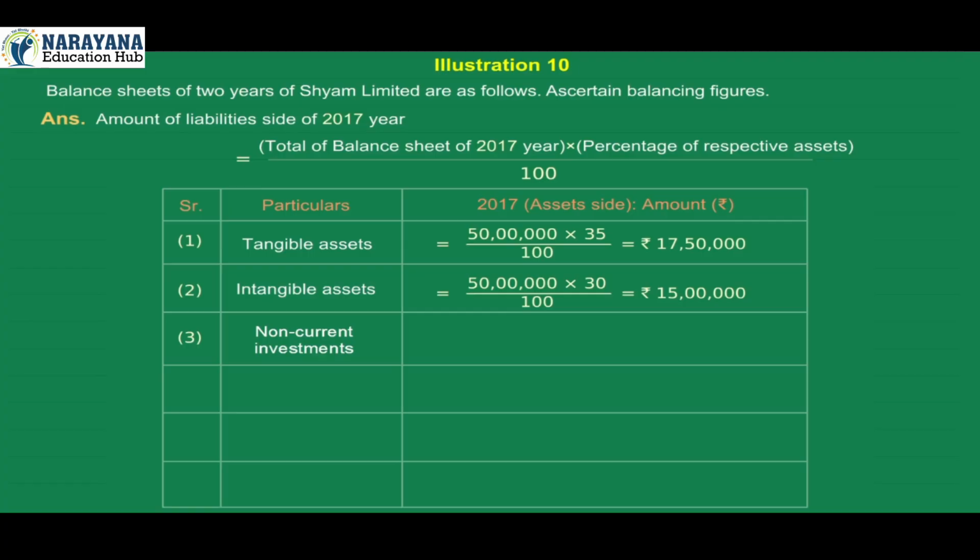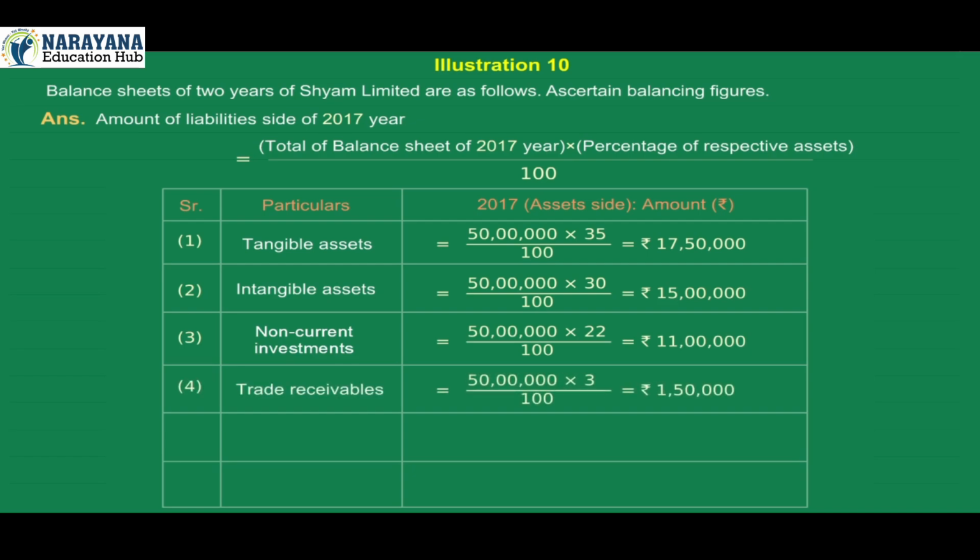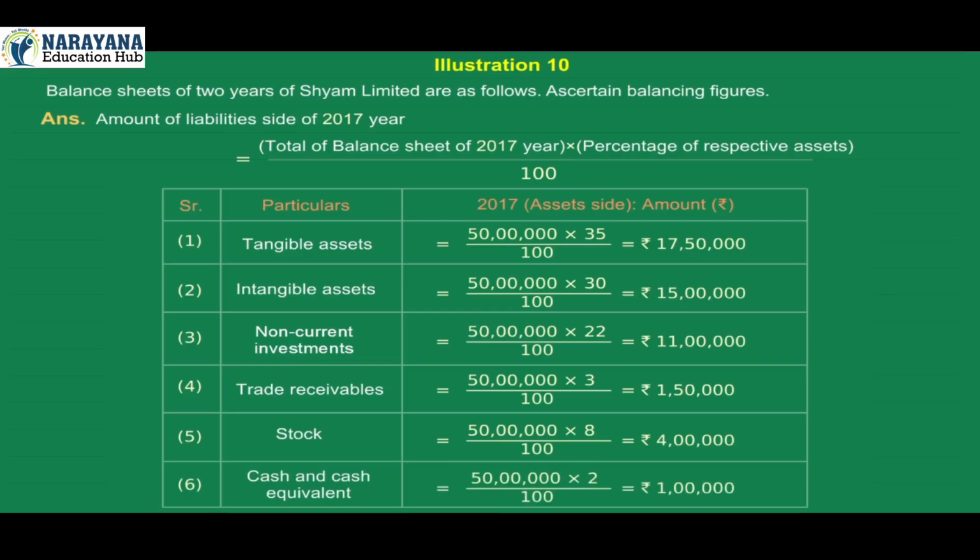3. Non-current investments is equal to 50 lakh into 22 divided by 100 is equal to rupees 11 lakh. 4. Trade receivables is equal to 50 lakh into 3 divided by 100 is equal to rupees 1 lakh 50,000. 5. Stock is equal to 50 lakh into 8 divided by 100 is equal to rupees 4 lakh. 6. Cash and cash equivalent is equal to 50 lakh into 2 divided by 100 is equal to rupees 1